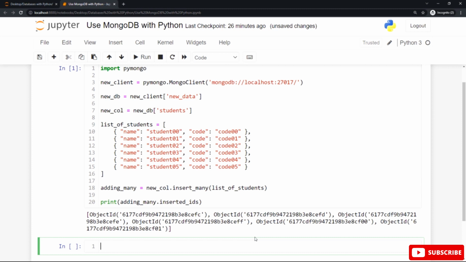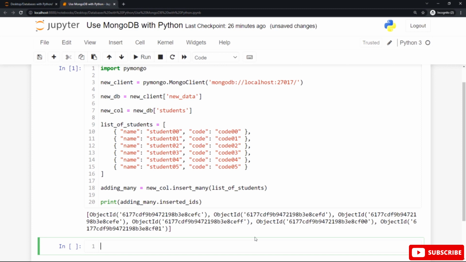So you can see the variable name that refers to the collection, new col, followed by the dot notation and the call of the insert many method, placing the list of students as a parameter or argument, and assign this to a variable.